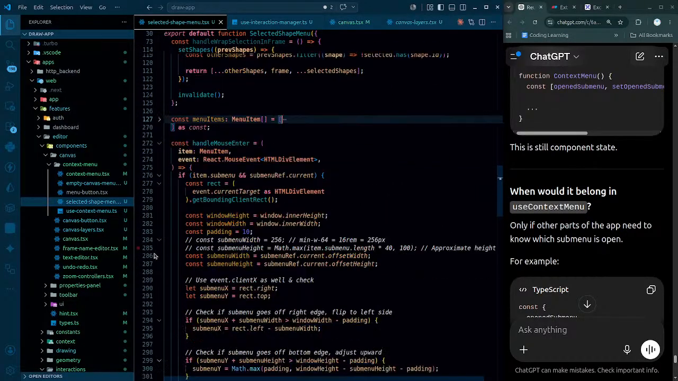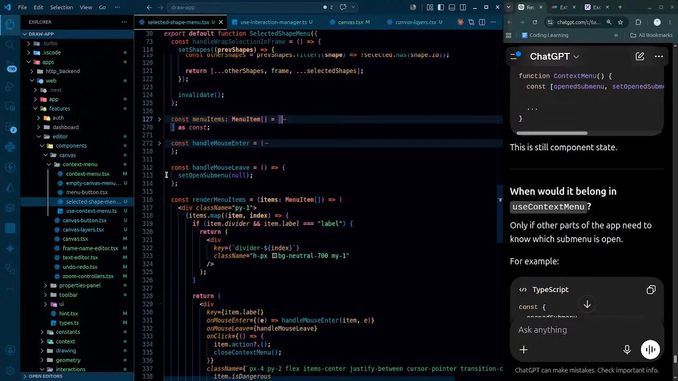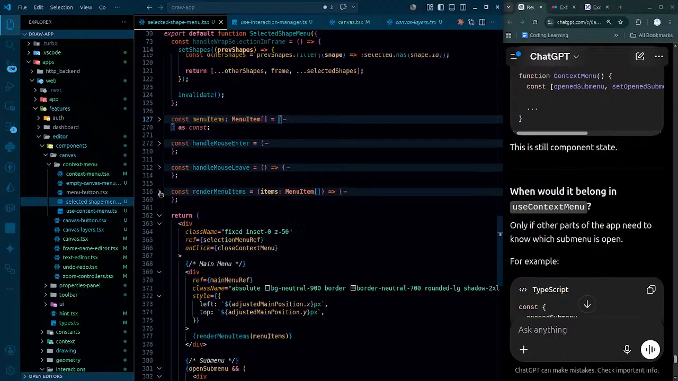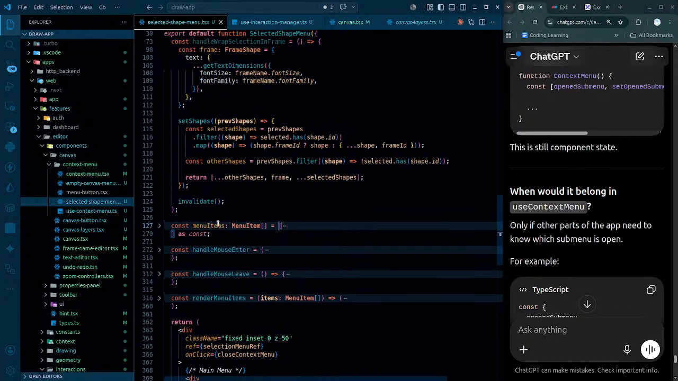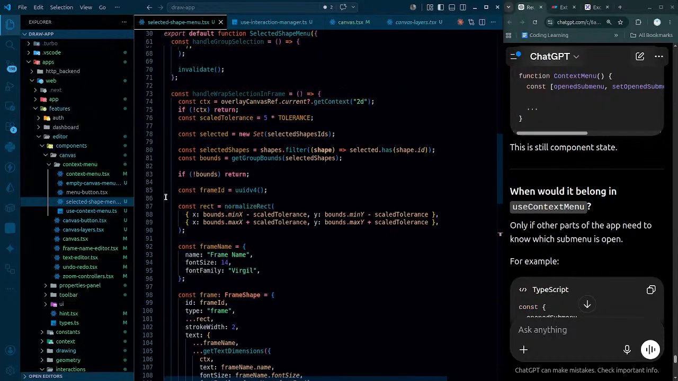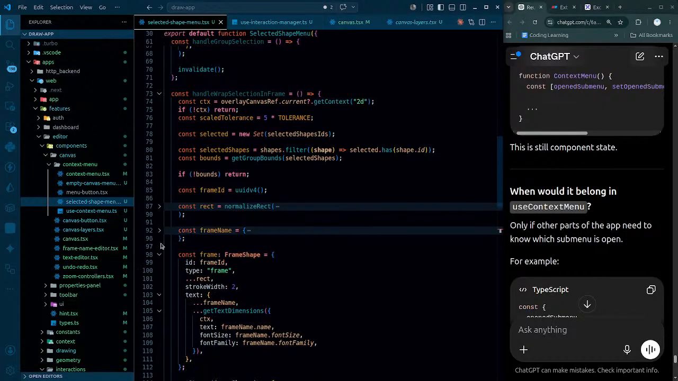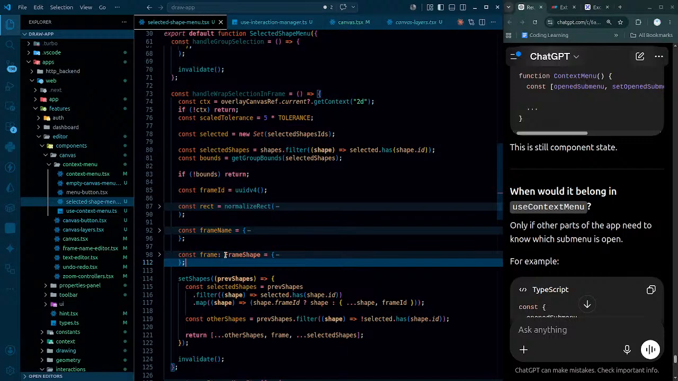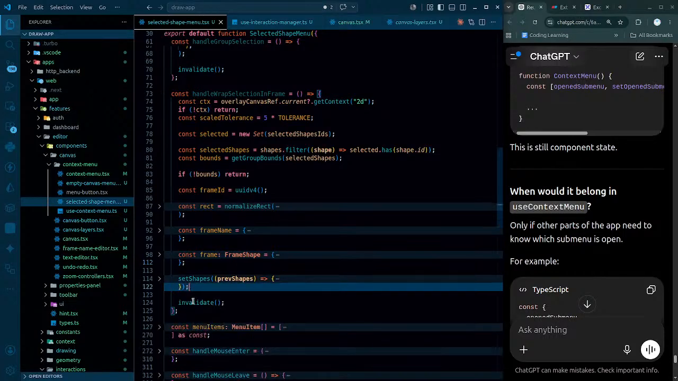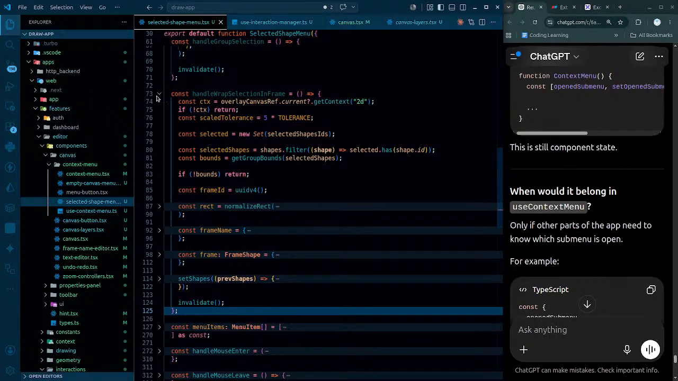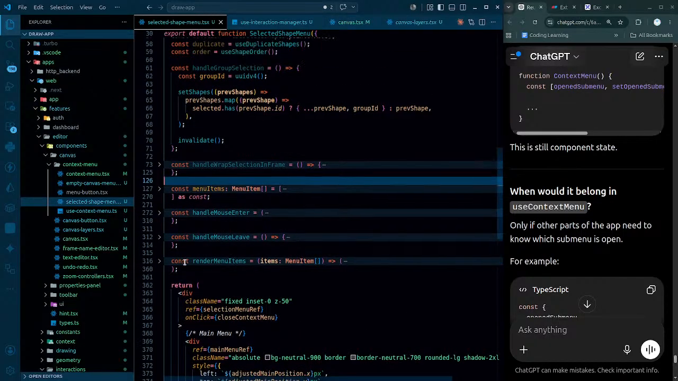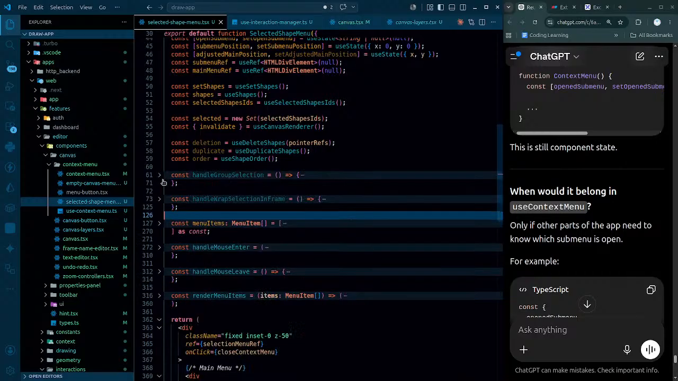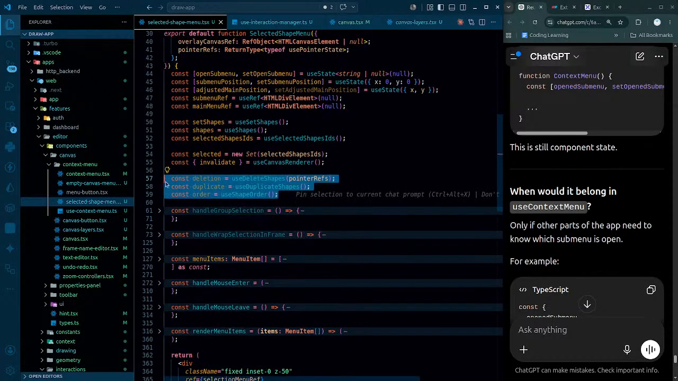We'll be taking care of everything, but as of right now, handle mouse enter, handle mouse leave, render menu items, we are just simply rendering them like this. And we have rect, frame, set shapes, and this is just used inside this. Handle wrap selection in frame, that is okay, we are gonna be calling this. And we have handle group selection, that is also fine. We have these things in here,